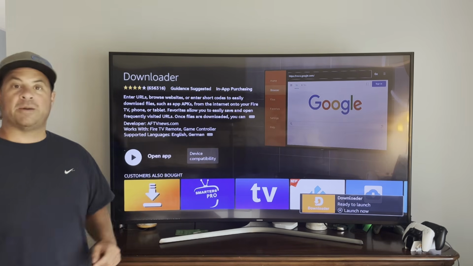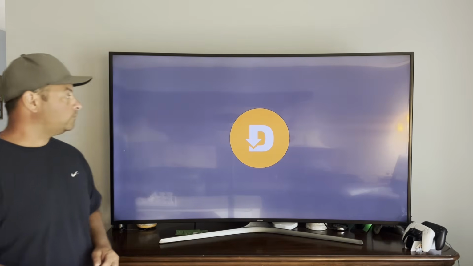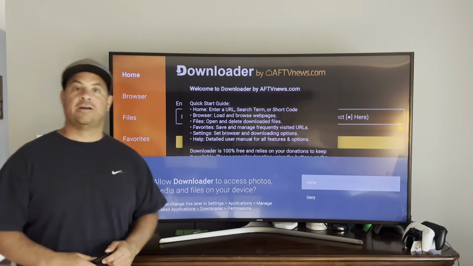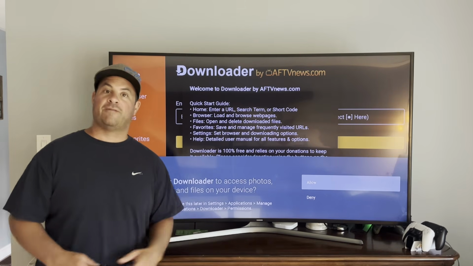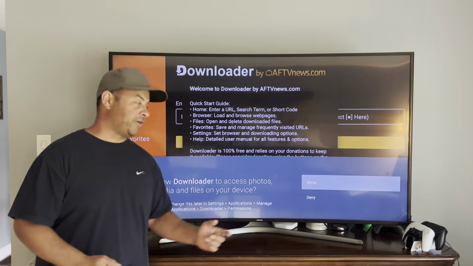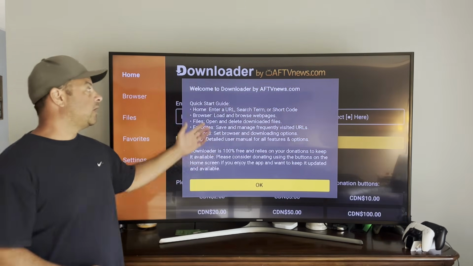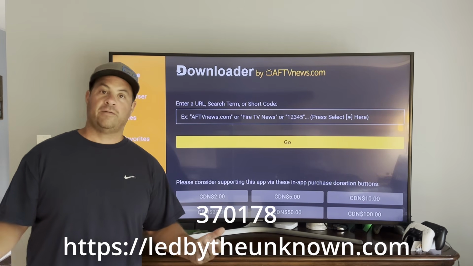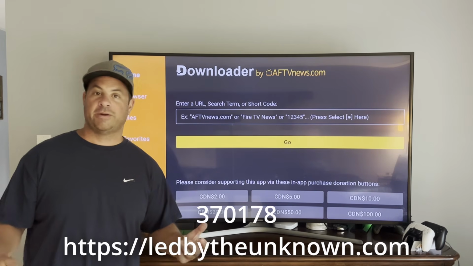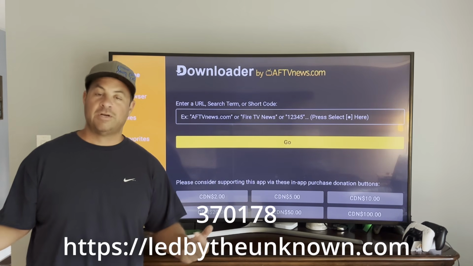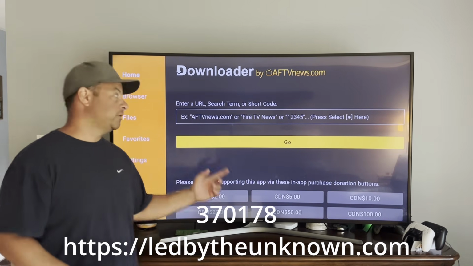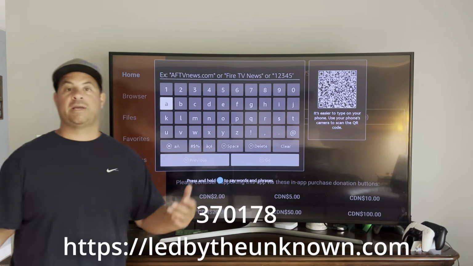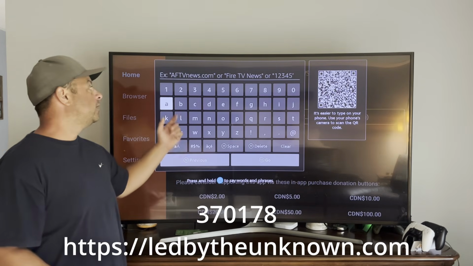So we just open up the application. We just open up Downloader. Here it needs authorization to access files, photos, and media on our device. So click Allow. A web address, like https://www.ledbytheunknown.com, or I have a shortcut for you. So scroll up, hit OK, and we can type in this shortcut